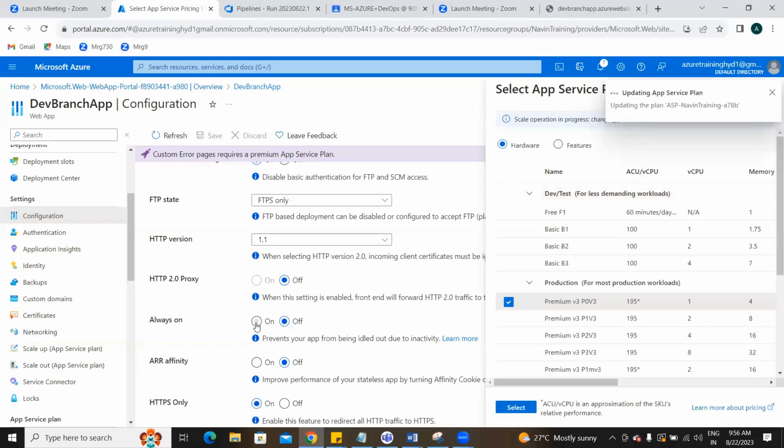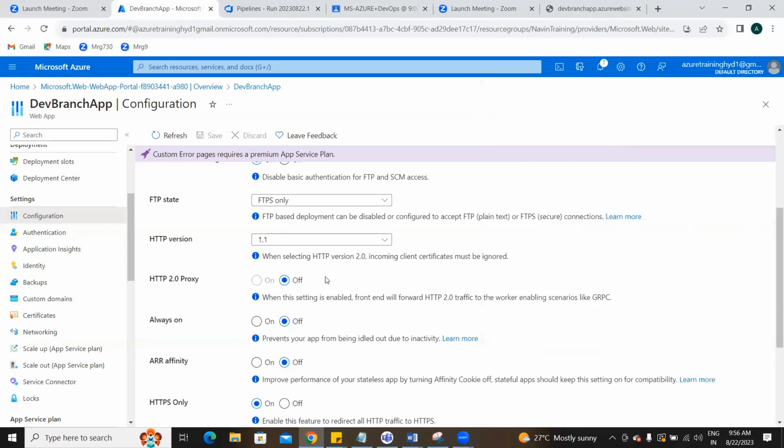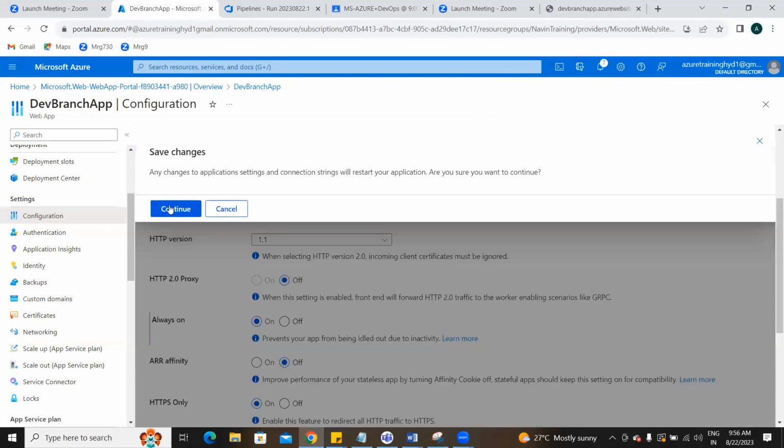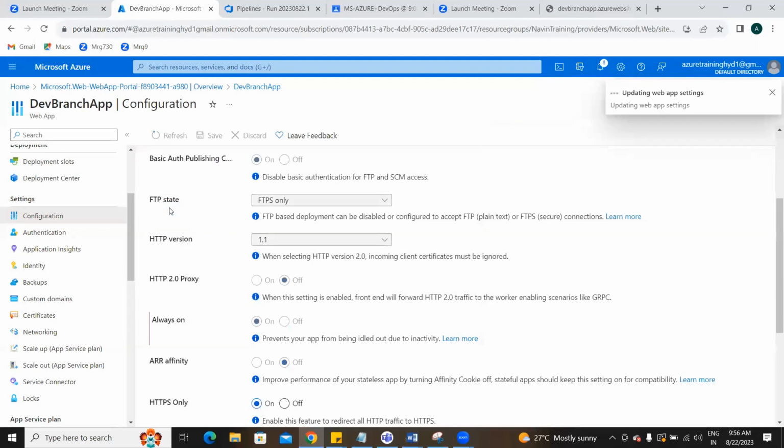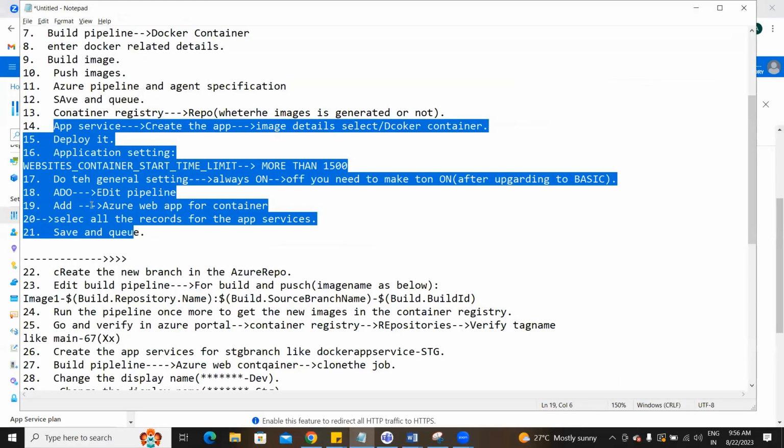See, I clicked premium and it allowed me. So let's close this. Save it. Continue. So you got the point. We are trying to allow all this, like always on. Otherwise, due to inactivity, it will go idle. Come back here. So till here it's okay, no need to go with this. There's a small thing that you have to do, buddy.